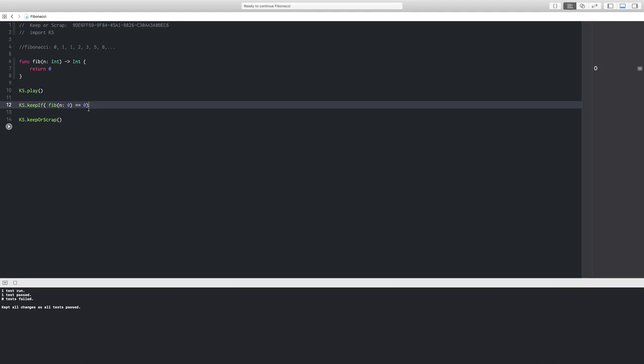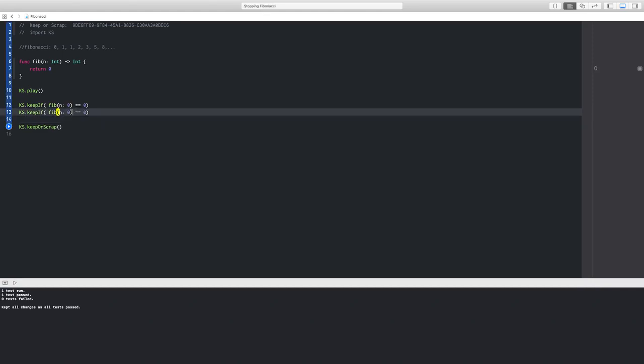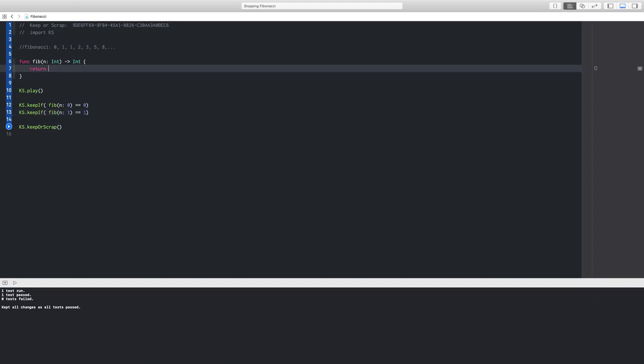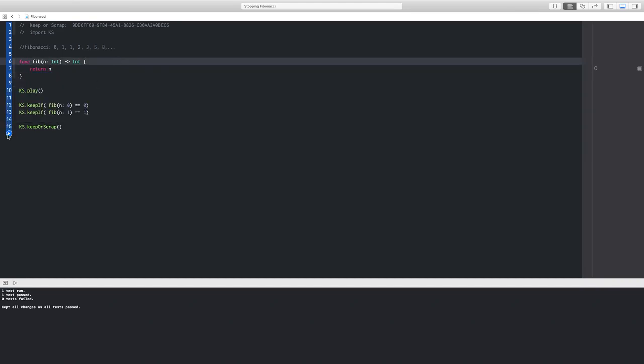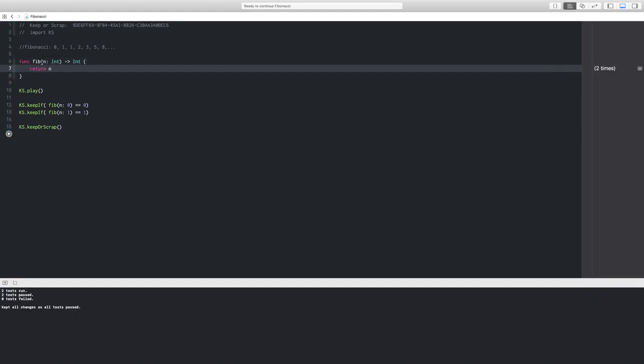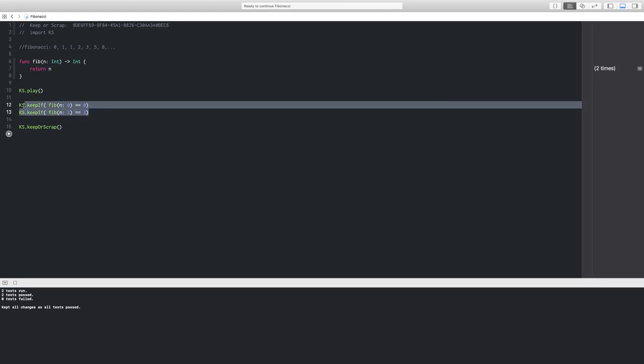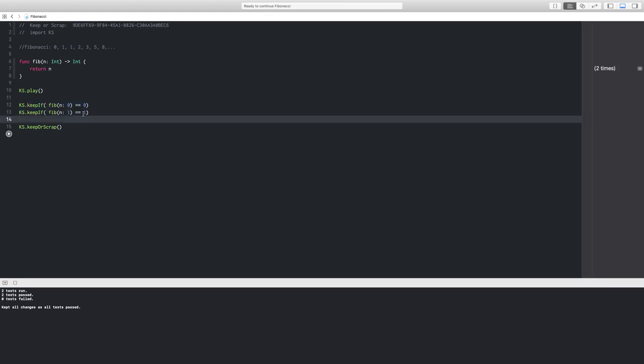The same goes for 1. So let's go to test first now. If we look for a 1, we want to return a 1, so we can just return n, and that will pass. And you see we're not anywhere near a correct function here, but we've got two. It's like a stopped clock is always right twice. Well, this function is always right just twice, because the next thing we try should be